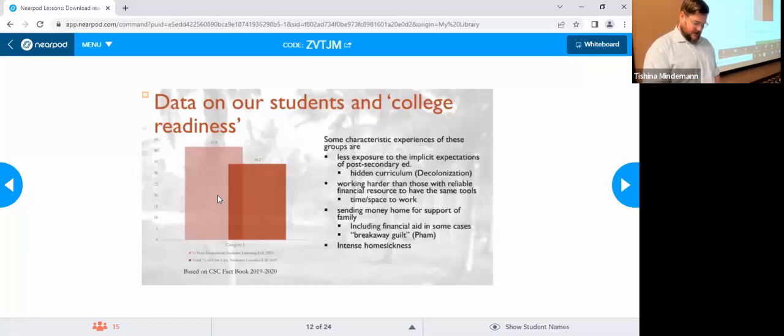And then in that same year, we had a class enter that was 41.9% folks coming from homes where they had no higher education degrees. So let me talk a little bit about what this means. You can see on the right of this page some characteristic experiences of groups that are first generation and low income, which is a significant minority of our students here, just under 50%. Each of these is something that I can get you information on if you would like, but we're not supposed to read off the slides.